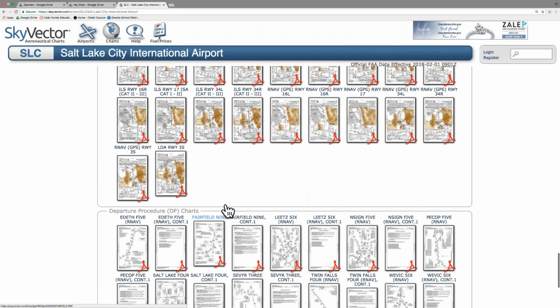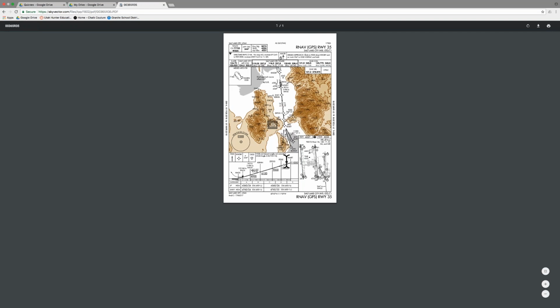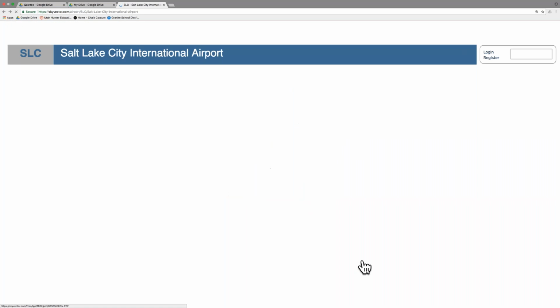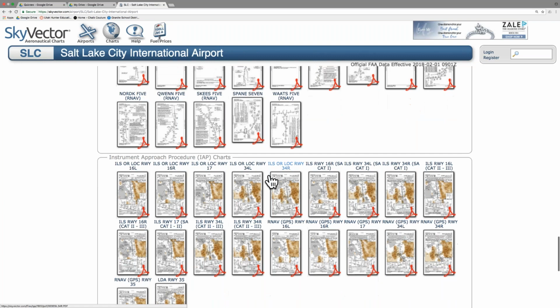Another one that is similar to and used as a type of GPS would be what we call RNP. Okay. We also have LNAV and VNAV. Right. So any of those,